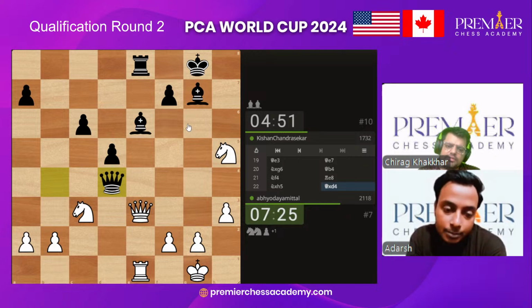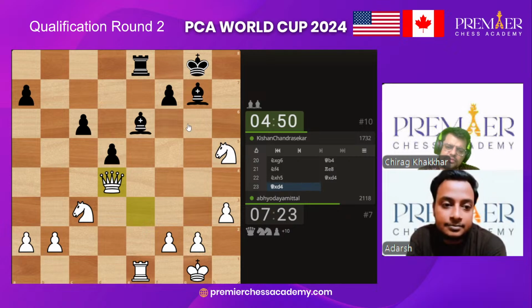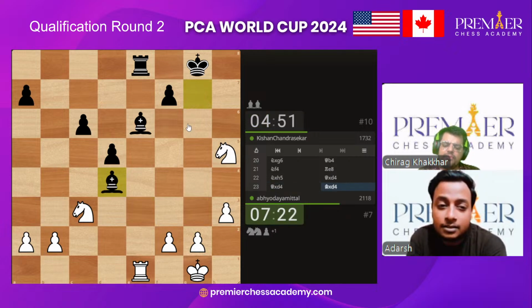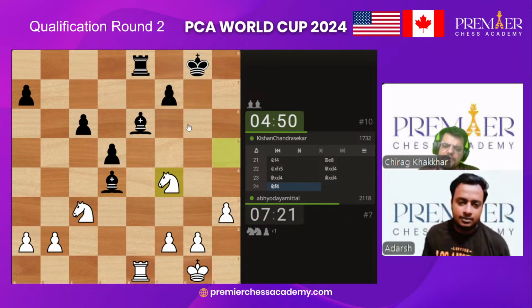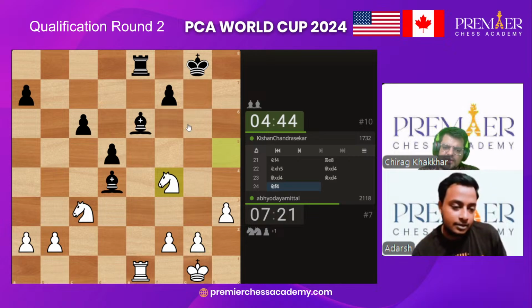But then Abhyuday will take the queen. Bishop first. Then again, you can take the queen. Okay, why does he not have it? Oh, yeah, he's given up the double bishop. But this is risky. Even though he is a pawn up, this is risky. Yes, it is. Now he can either maintain the double bishop advantage by playing the bishop,